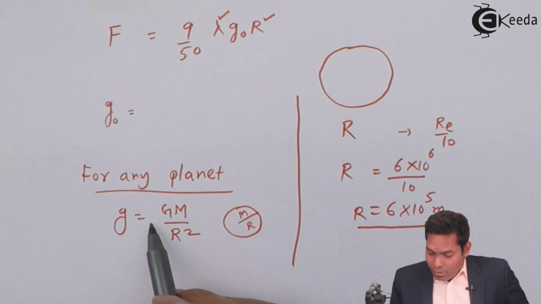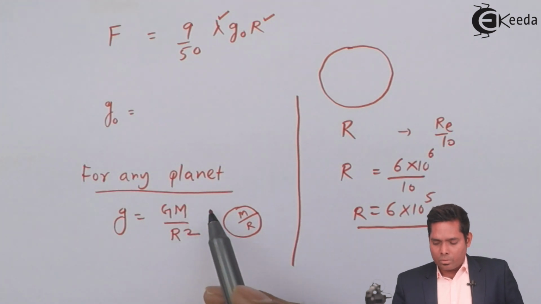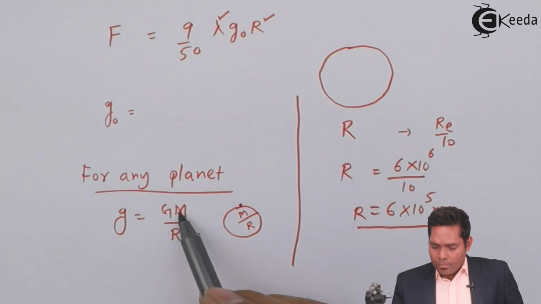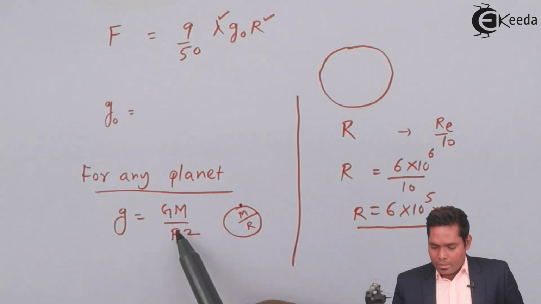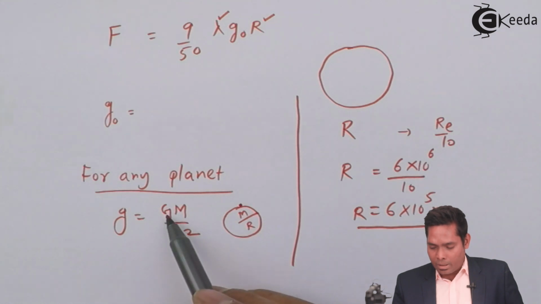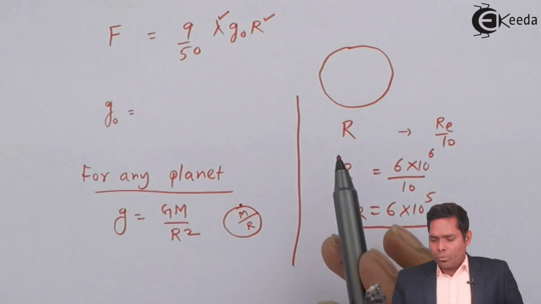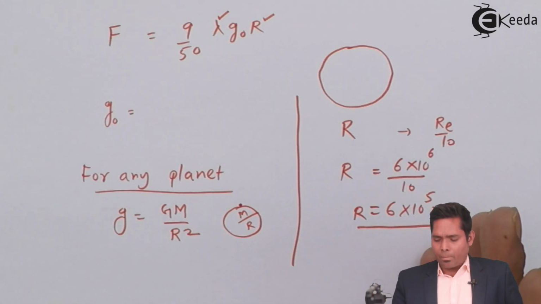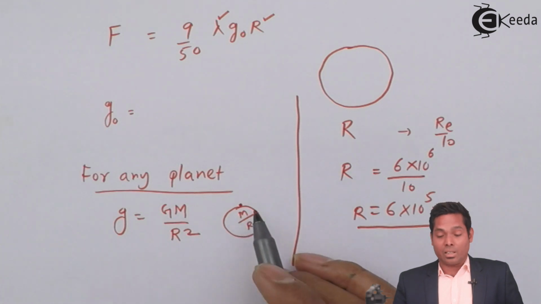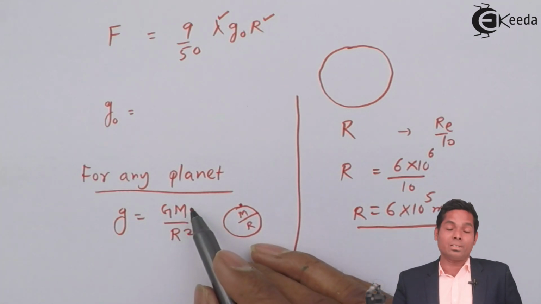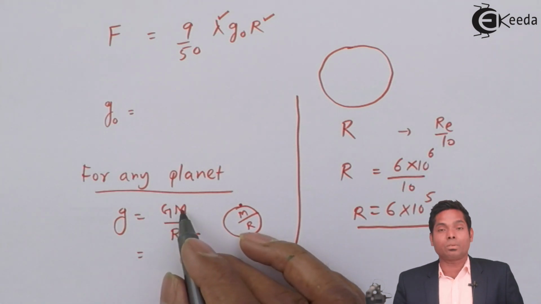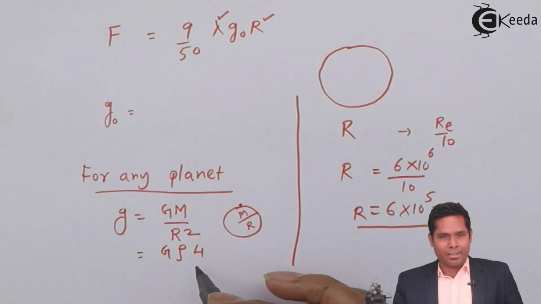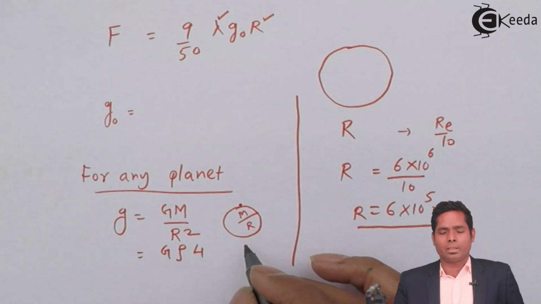So if I talk about the surface of the planet, then I put the mass of that planet, R value of that planet, and G. But here, comparing the Earth and the planet X, the mass density is the same, so this mass has to be expressed in terms of density. If I express the mass in terms of density, it will be density into volume of the planet. It is a sphere of volume 4 by 3 pi r cube